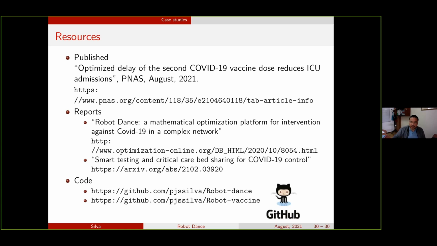Paulo, I can start with one, a very naive question, actually, regarding the control variables. There is this discussion, or at least I read a couple of discussions about that: if the tracing is as effective as vaccination as a control strategy. I don't know, do you have some kind of comparison in this sense?